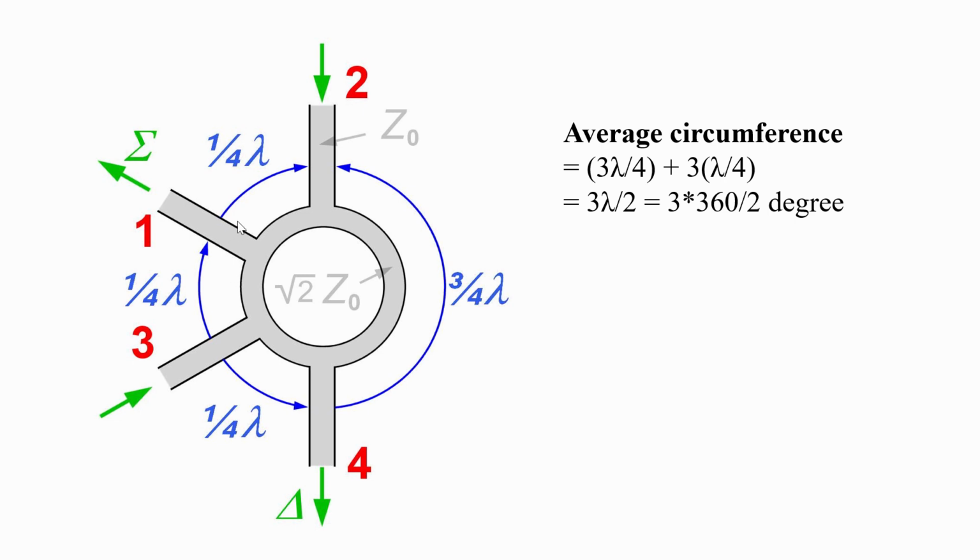So we will calculate the characteristic impedance. We will calculate the width of the connecting line for the Z0. Let us consider I am going to design a 2.4 GHz 180 degree hybrid coupler. So for that, a 50 ohm line is used. So the inner circle strip will have impedance of 50 root 2, which is equal to 70.7 ohm. So let us go to the calculator and find out the width and length of these lines.